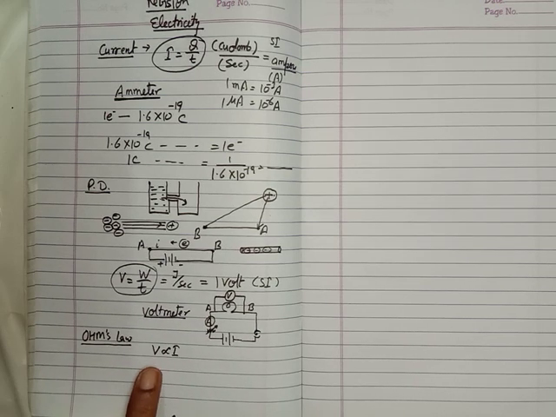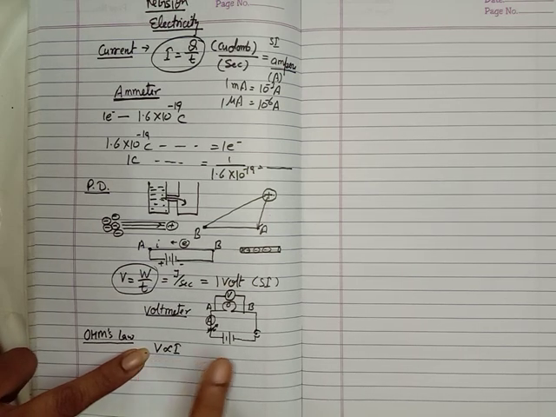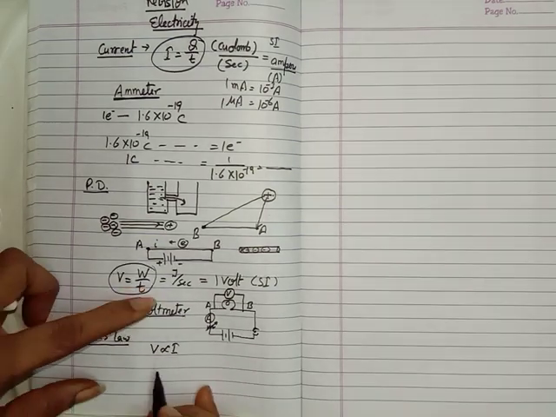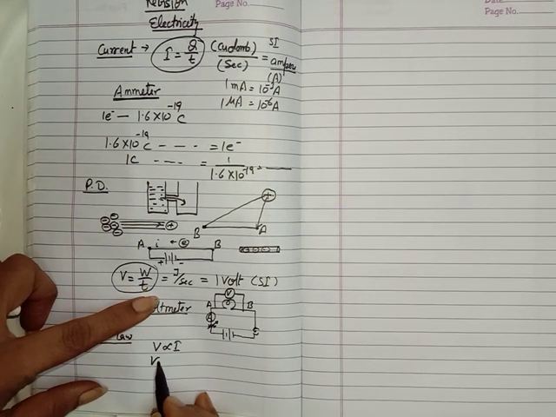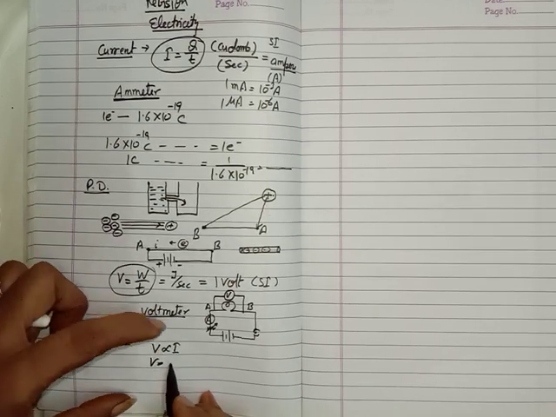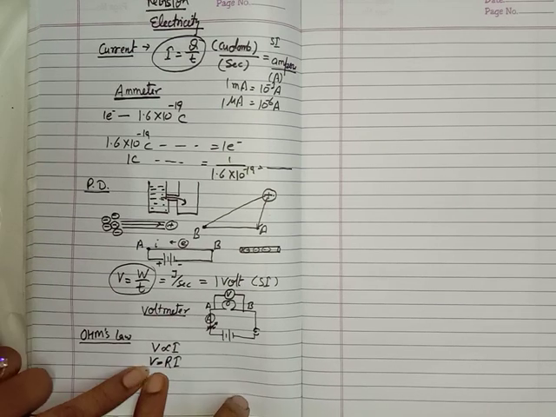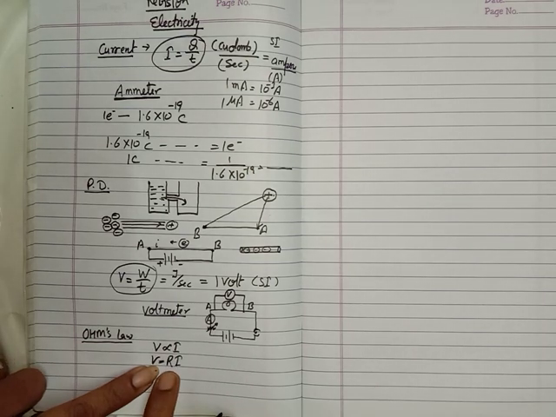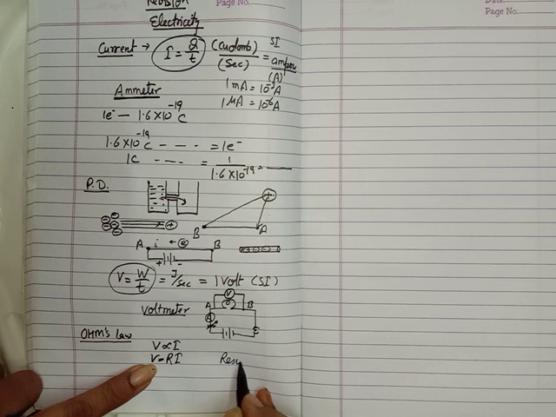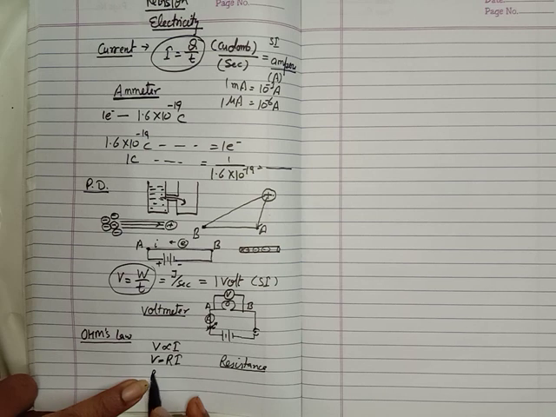Now you have to write that if we represent the potential difference by the symbol V and the current by the symbol I, we can say that V is directly proportional to I. For removing the directly proportional sign, we have to write a constant value here. This is V = R into I. R is a constant, and this R is called the resistance of the wire. It means R is equal to V upon I.